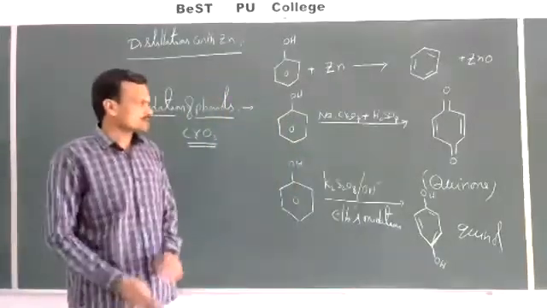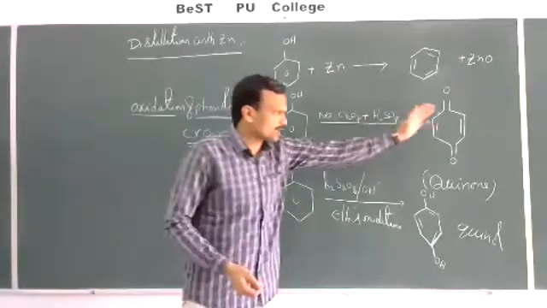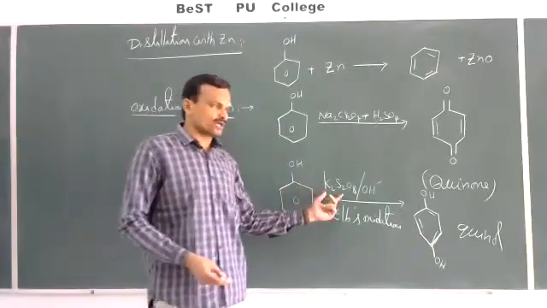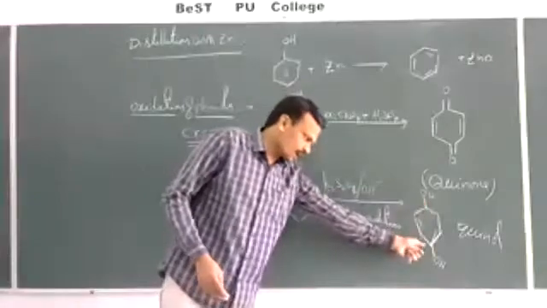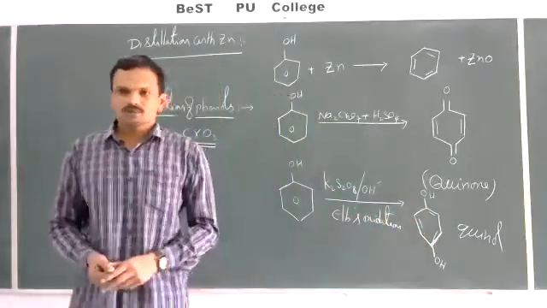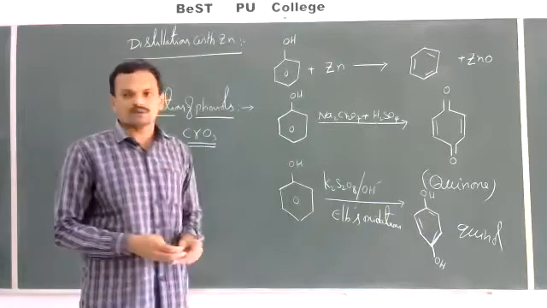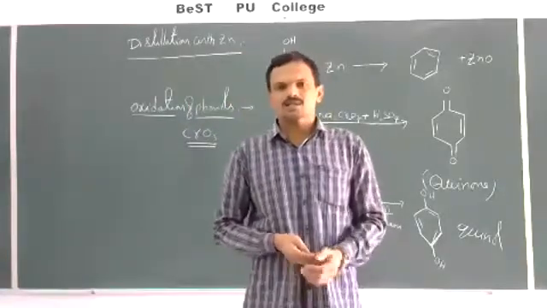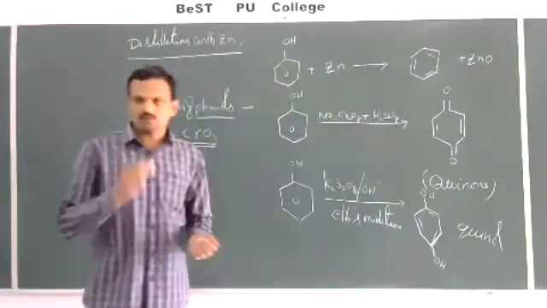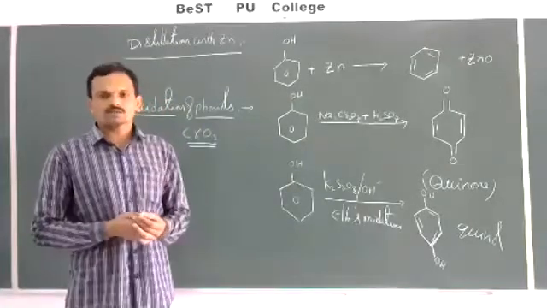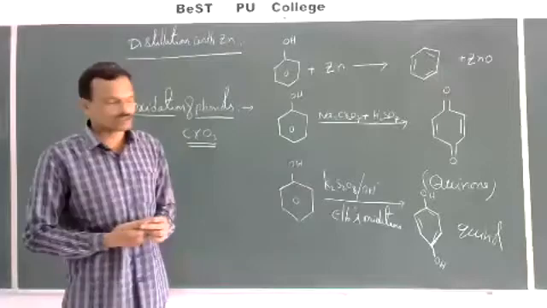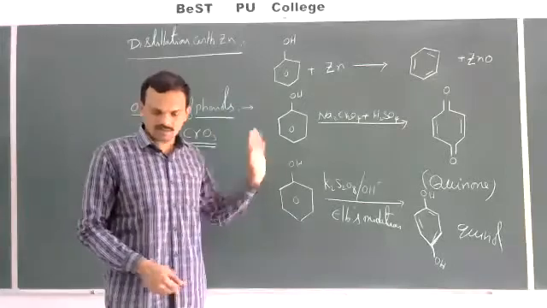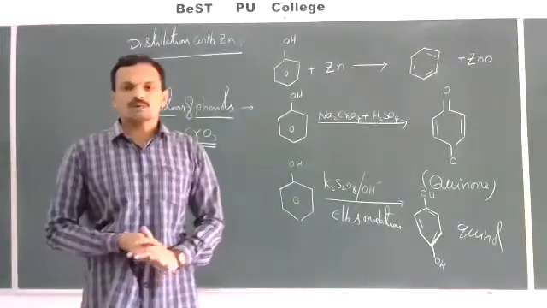So this is regarding oxidation of phenols. Oxidation of phenol with chromic acid gives a conjugated diketone known as quinone, and oxidation of phenols with K2S2O8 gives a dihydric phenol known as quinol. So regarding chemical properties of phenols, what we discussed are the reactions involving cleavage of the OH bond, the reactions which involve aromatic electrophilic substitution, reduction of phenols, and oxidation of phenols.